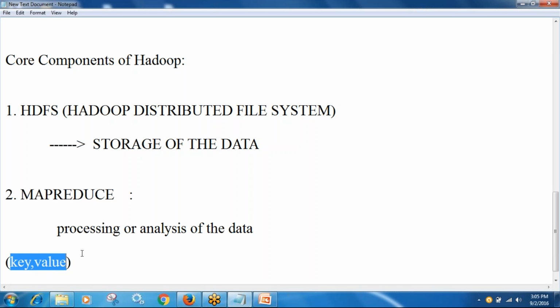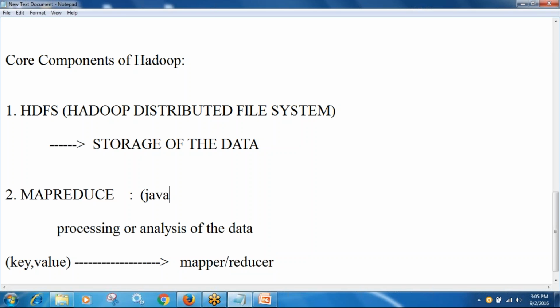In MapReduce you have two methods: one is a mapper class and one is a reducer class. For implementing MapReduce programs to do this analysis and processing, we use either Java